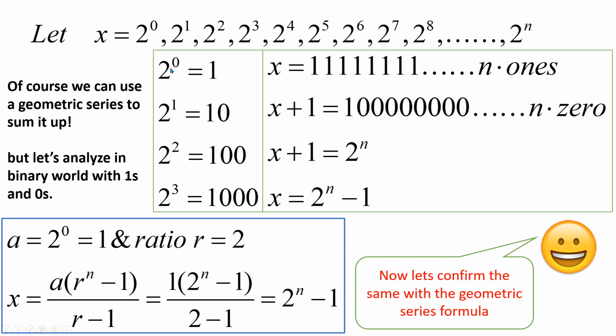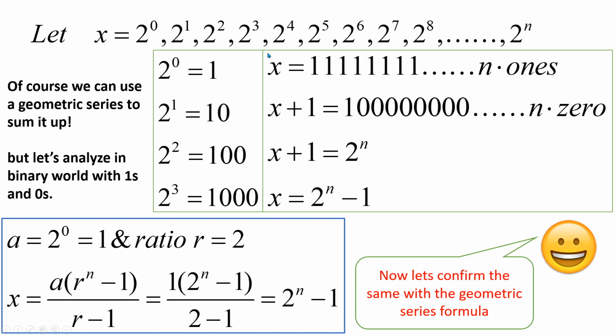In that case, 2 power 0 is equal to 1, 2 power 1 is written as 1 0, 2 square is written as 1 0 0, and 2 cube is written as 1 0 0 0. And if we need to add these four numbers in a binary world, that will give us 1 1 1 1. Well, we can extend this further, and if we have to do all the way till 2 power n,